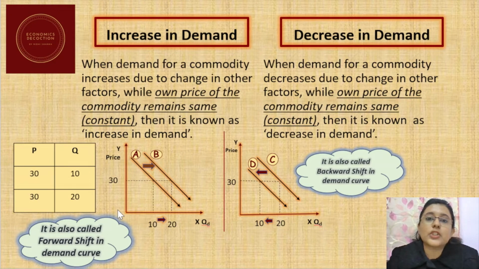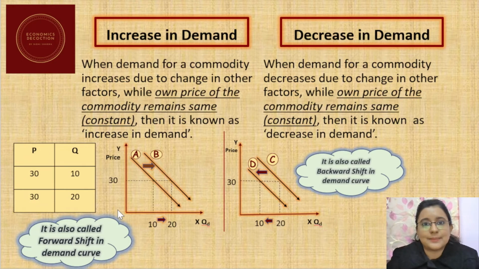So they decided to launch an advertisement campaign, and luckily, the advertisement campaign was quite successful, as many consumers got attracted towards the pizza of this particular company, and that led to an increase in demand for pizzas. So, here basically we saw that the price of the commodity, that is the price of pizza, was kept constant at 30. Still, there was an increase in demand, that is due to a change in other factors, that is there was an advertisement campaign that attracted consumers towards demanding more and more of the commodity,